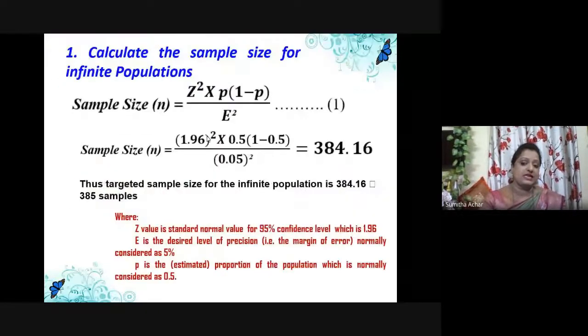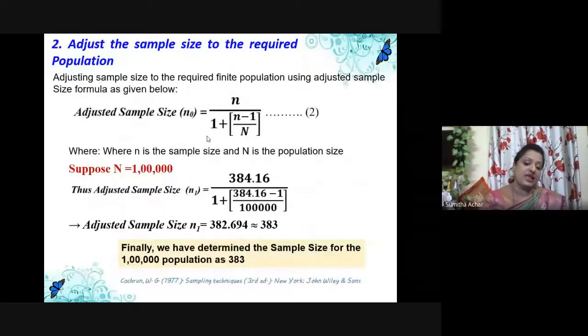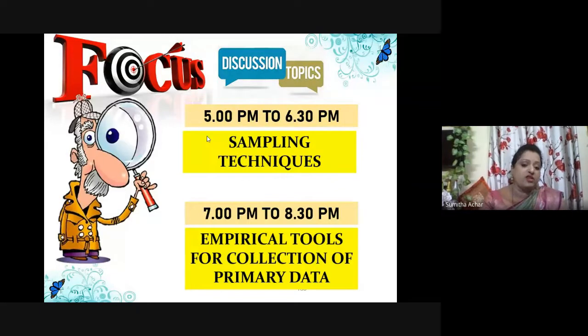So what was the sample size that I had? 384, right? So when you're adjusting your sample sizes, you get 383. So finally, it is statistically validated for a population of 1 lakh. Your required sample size you have to consider for your studies is 383 samples, right? So I have done this. This is exactly the methodology which people normally tend to not give in the research, but this is how exactly you need to give it. But in case you have a pure infinite population, stop at the previous step itself, right? So I'm sure all of you are clear about this, and that ends the sampling design.